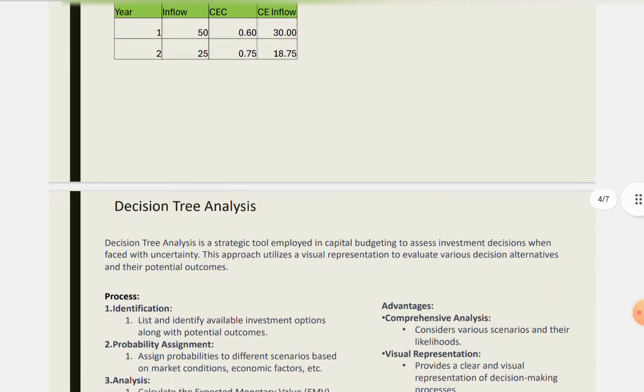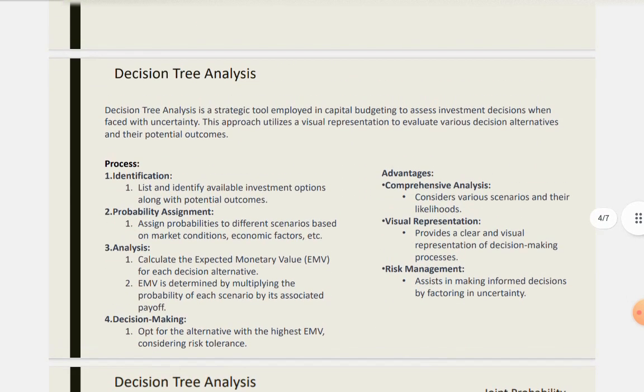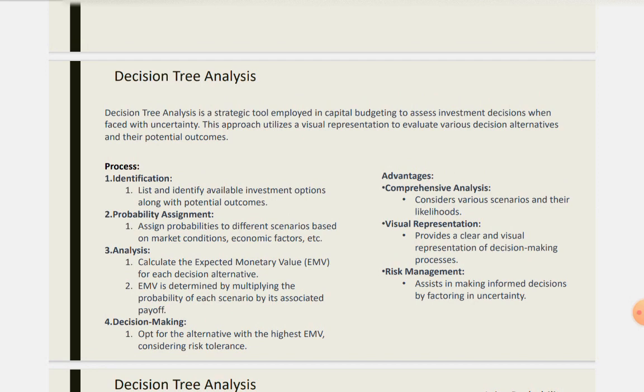So next we go into another statistical technique, one that uses probability, and that's decision tree analysis. So decision tree is a tool that's employed in capital budgeting. What we want to do is evaluate the various different alternatives that may emerge and what is the impact of each alternative emerging. The thing with the decision tree is that it actually visualizes the set of choices that you can have and the outcomes that you can expect based on each branch following its logical end.